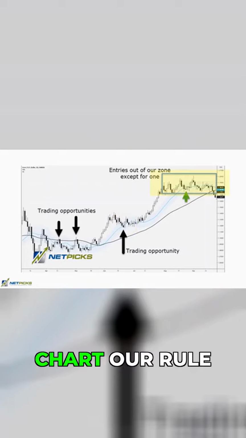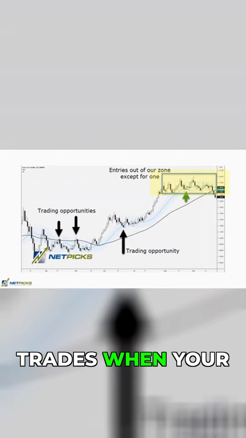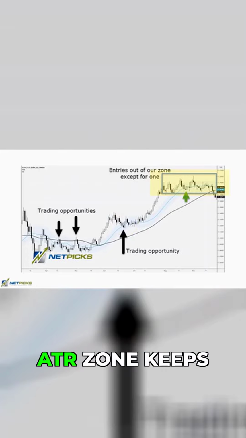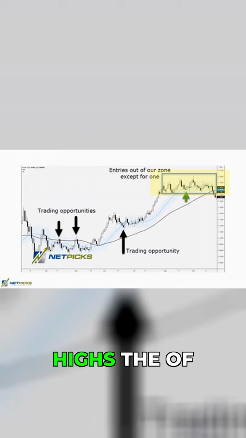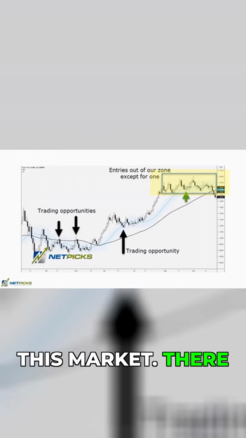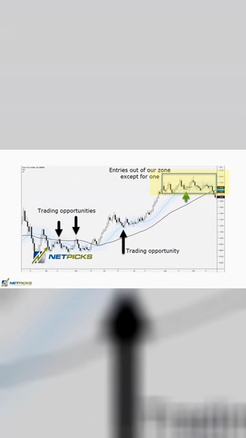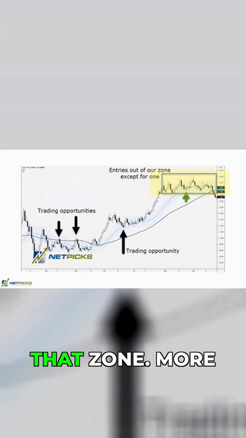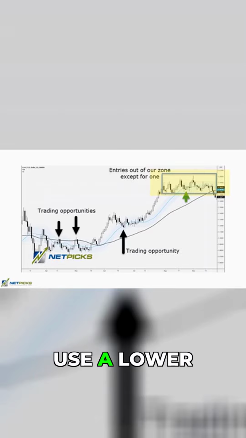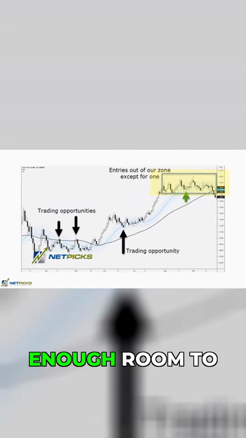On the right side of the chart, our rule of only taking trades when your entry is inside the blue 1 ATR zone keeps you from buying the highs of this market. There is one section that's marked by the green arrow where we do have an entry. Price actually moves 167 pips from that zone. More if you actually use a lower time frame. And that gives you enough room to manage